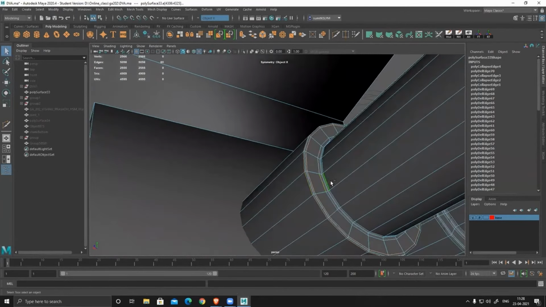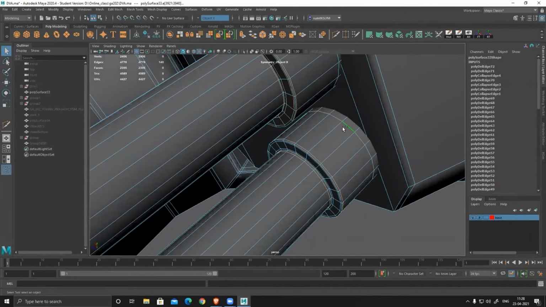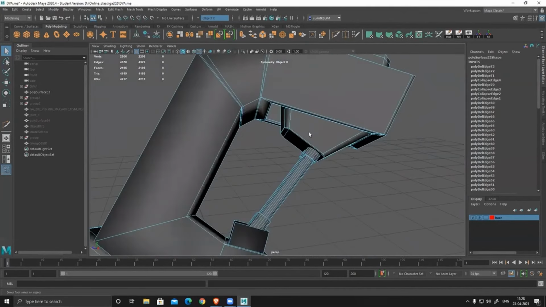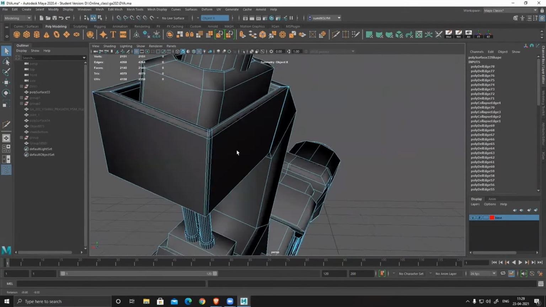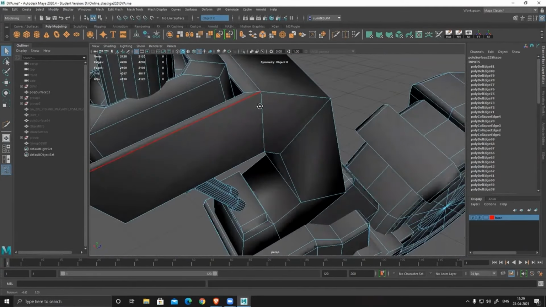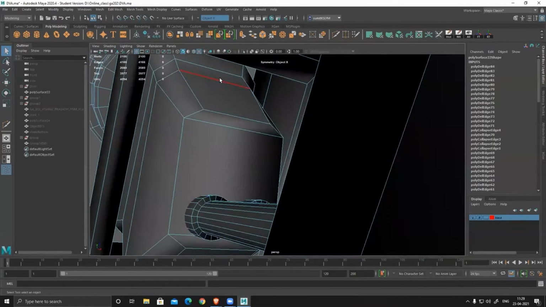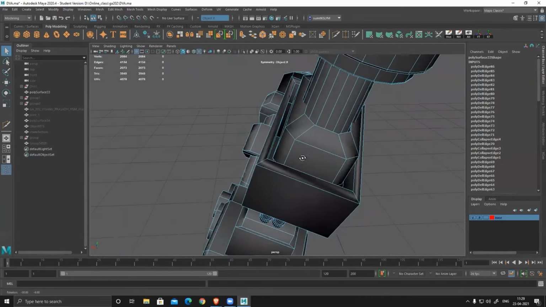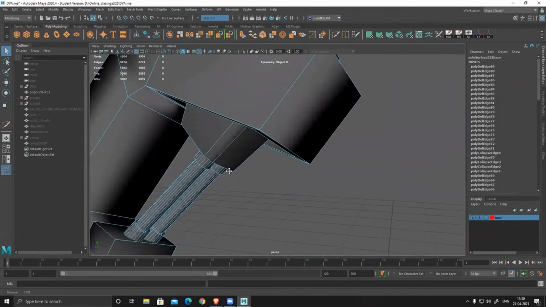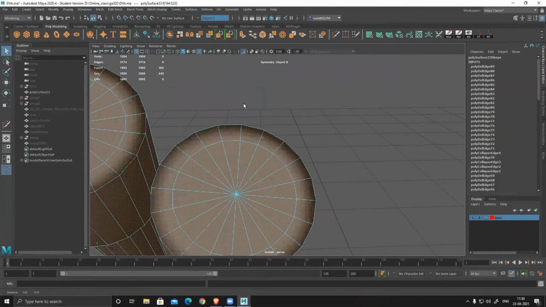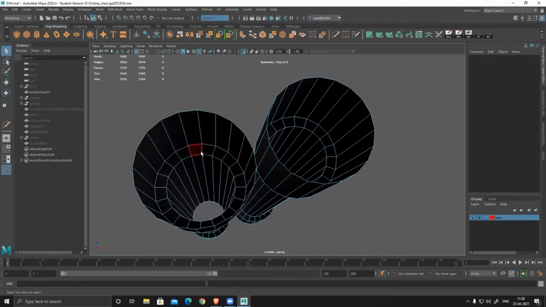For smaller parts, make sure to remove all those extra loops and keep it low poly and avoid any kind of intersection. You can see these side parts are not visible, so delete them.